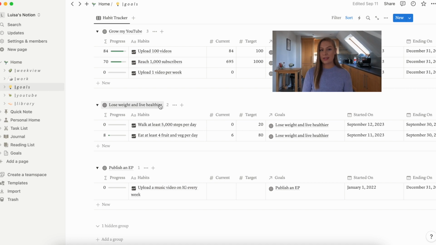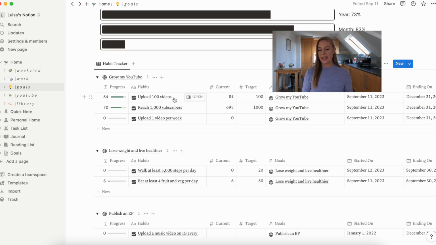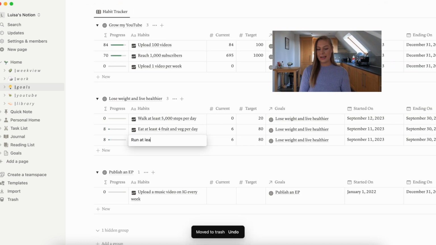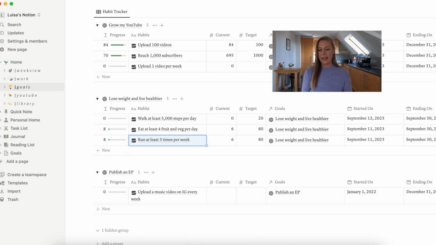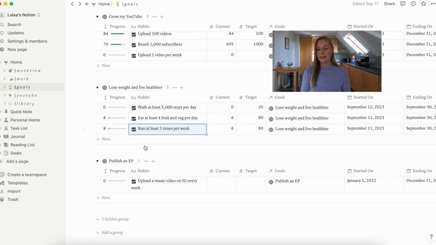And of course, those are the times where I feel the most down or unmotivated, and those are the times I go through the rough patches, which is why I think making these goals and tracking everything like that is so important. So for October, I want to add a new goal in here, which is to run at least 3 times per week. And running is something I've got into before, and it's something that I know is so good and effective for my mental health. And it also helps me lose weight, so it's like a win-win.